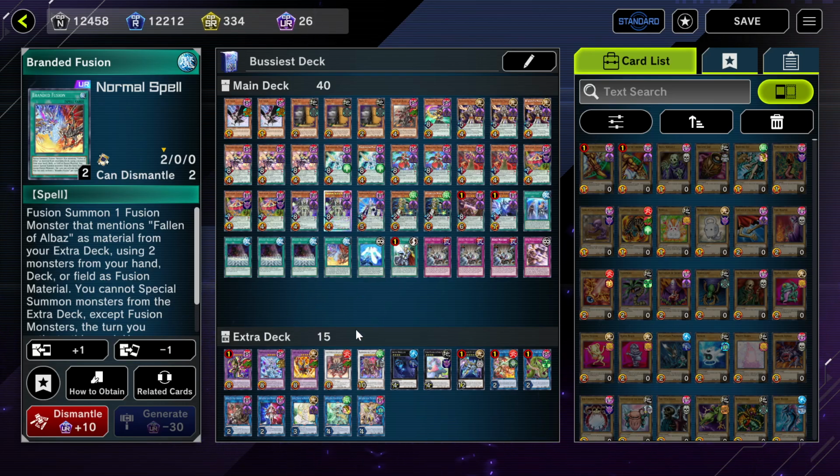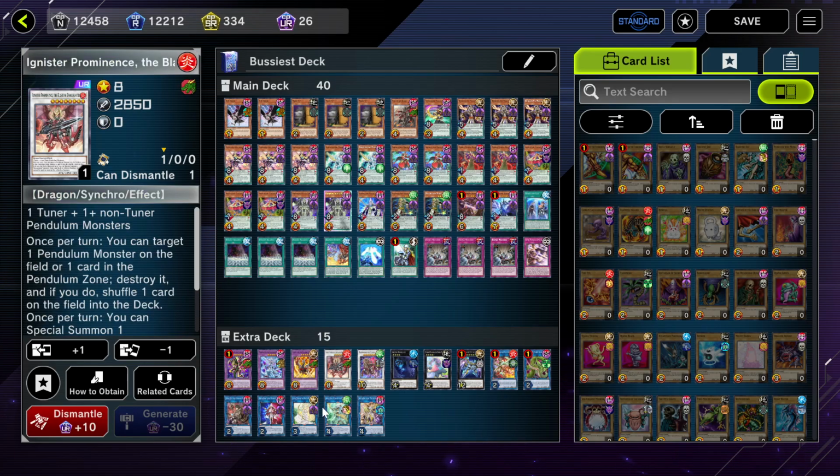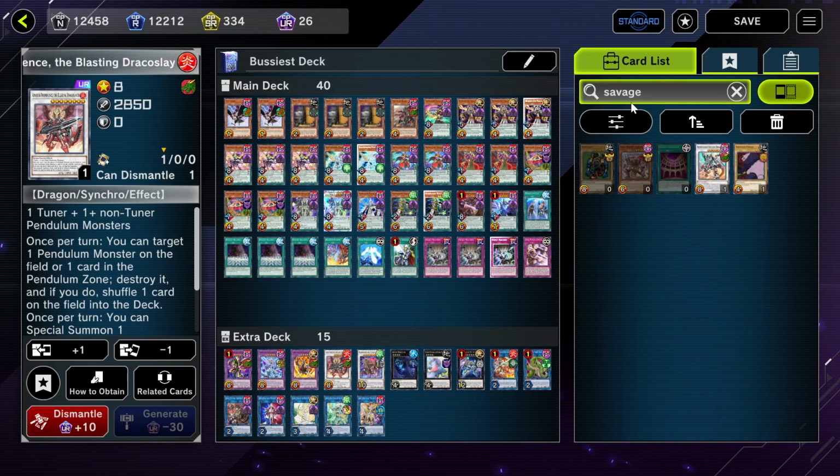That's sort of the trade-off you have to make for splashing other engines, and it's been tried and true knowledge since the beginning of time. Of course, Verte is there for specifically that reason, and the rest of the extra deck is more or less just standard. This one you can probably just play Savage Dragon in place of, but I prefer this one just